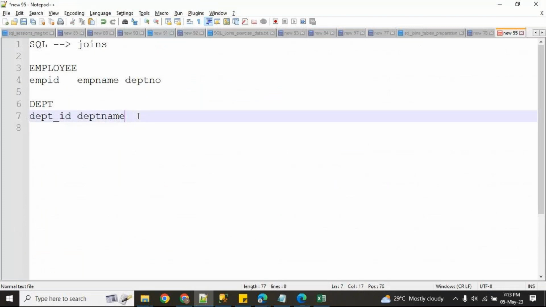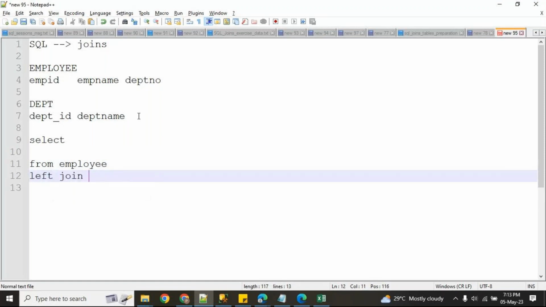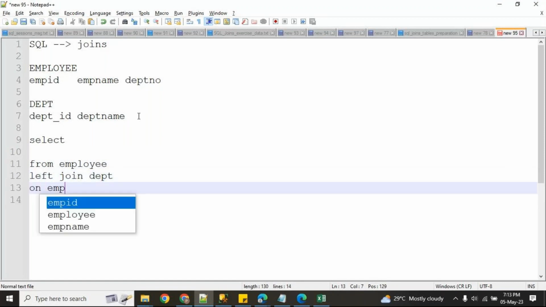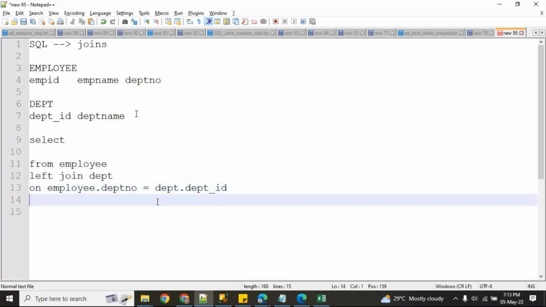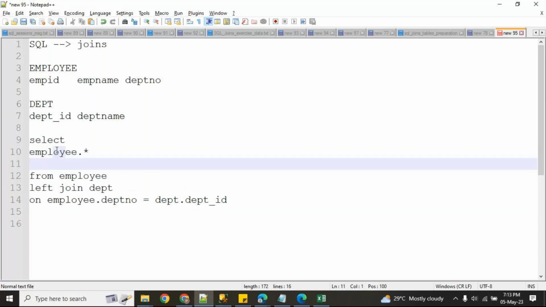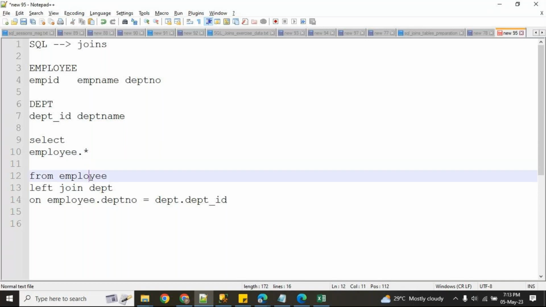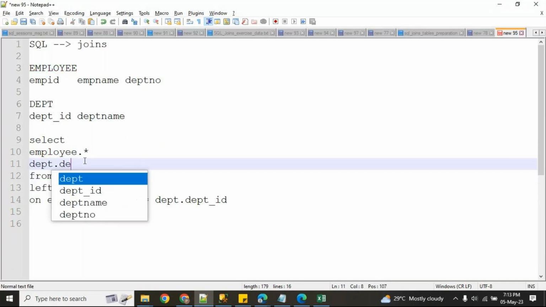When I do left join, same syntax: select star from employee left join DEPT on employee dot DEPT number equal to DEPT dot DEPT underscore ID. So what do you want? I want all the employee related columns. You can use star. So you will get all the employee columns, and from department, you want department underscore name.